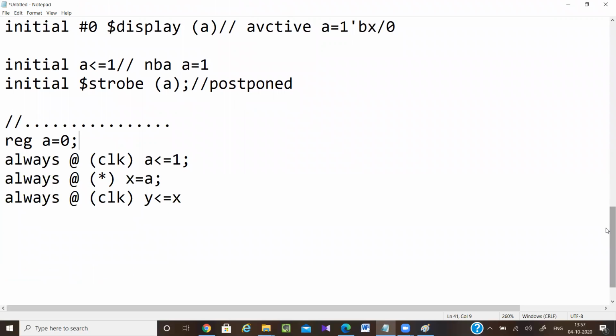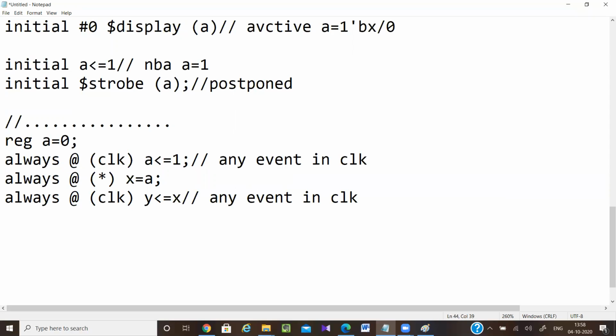Now this always block will get executed whenever any change or any event happens in clock. Here also any event in clock. Here I have taken star, which means the signals on which your always block depends will be taken automatically.